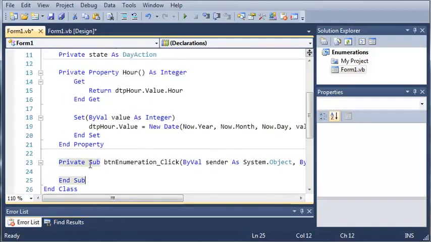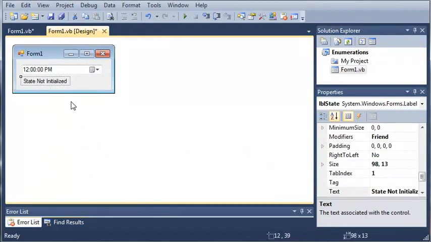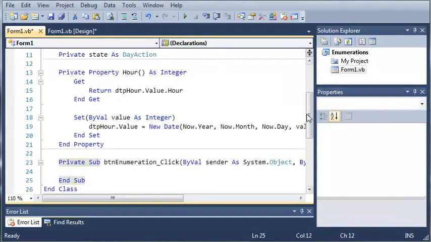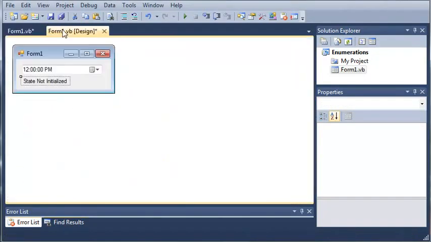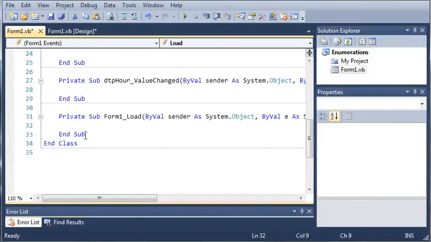So now what we want to do is change this text label based on what the person is doing. Before we get started doing that, we need to go ahead and create two events. Double click on your form 1 and double click on DTP hour. So we're going to get private sub DTP hour value changed, and we're going to get form 1 load. When the form 1 loads, we want to set our date time picker to the current time that the program is running. So we'll just go ahead and type